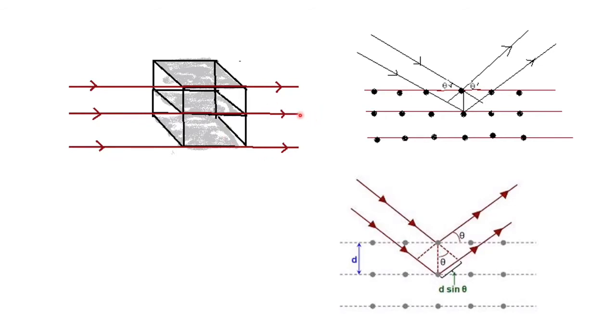Because as per Bragg's law, the ray should strike the crystal at an angle theta. Here both are parallel, so this will not be reflected, it will be transmitted like this. In this example, three parallel planes are like this, and the ray is incident at an angle theta. Some of the rays will be reflected at the same angle theta, and some will penetrate the crystal and be reflected at different angles. So here X-rays are reflected or diffracted at different angles.